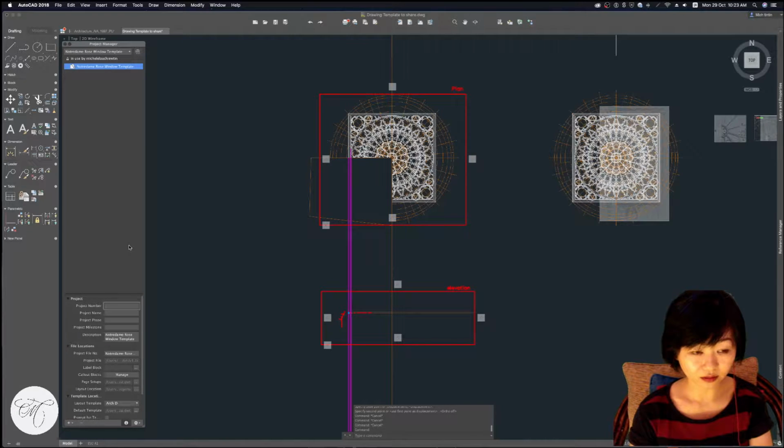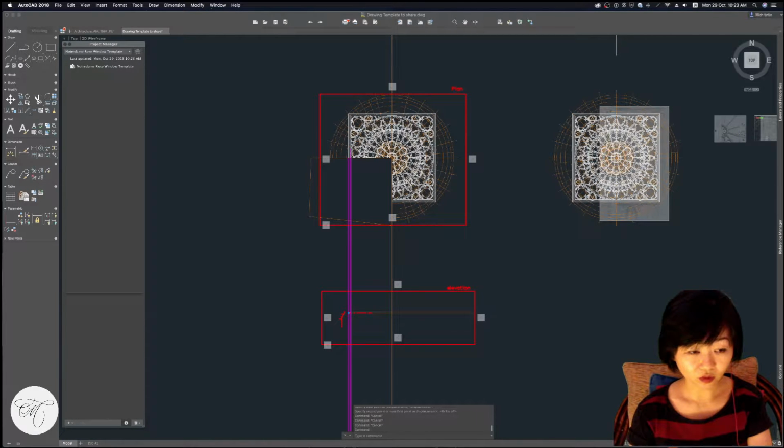Let's say, so what project manager helps you with is you can update the project number and a project name, project phase, all the information about the project in your